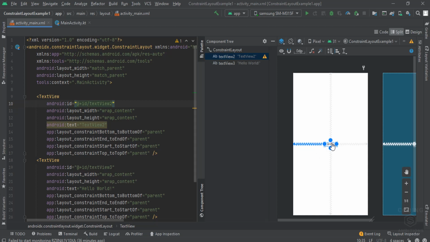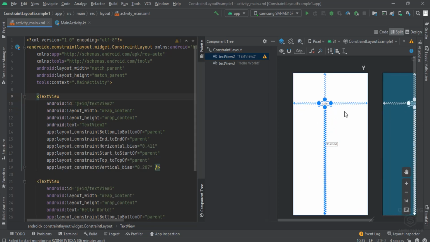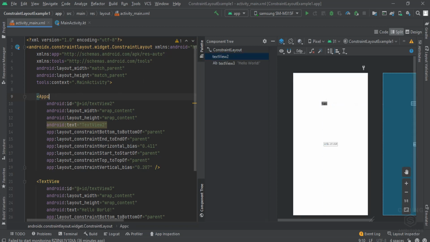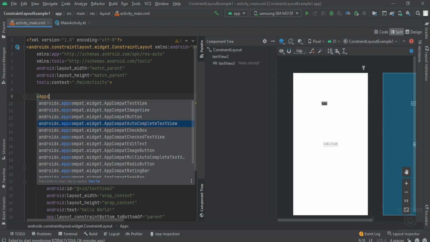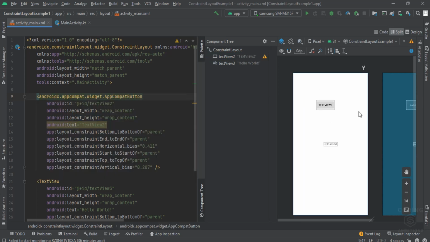First of all let's move it to some other place. Now this is some other view. Let's do one more thing. We add a button here, so that it will be more visible to you guys. I have added this button